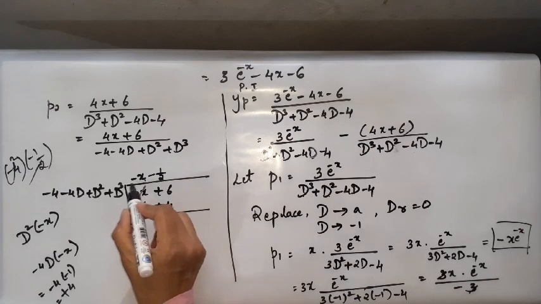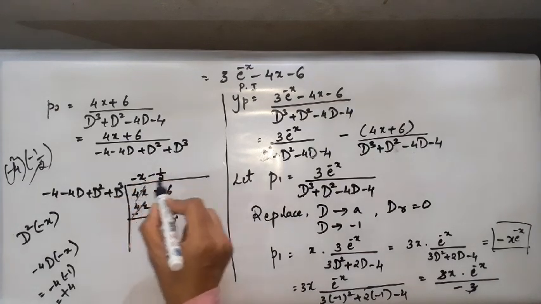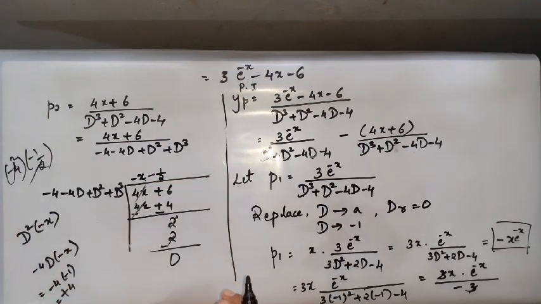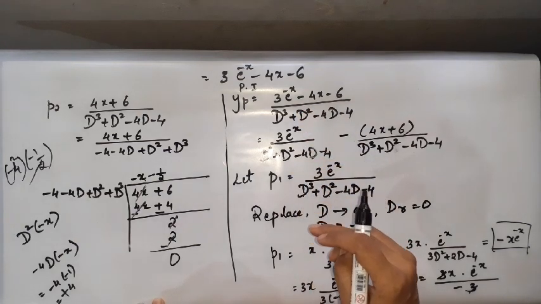So what should be your YP? The YP term is just written here on the top. So your P2 value you have found. Now let us substitute all those values in our P1 and P2 for our YP and then simplify it further.